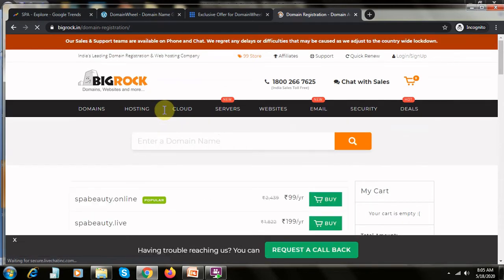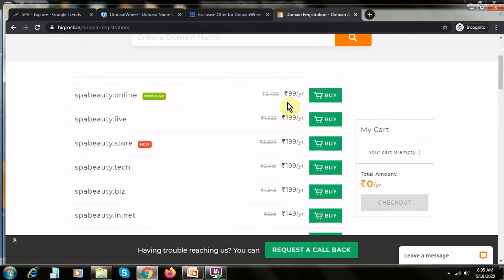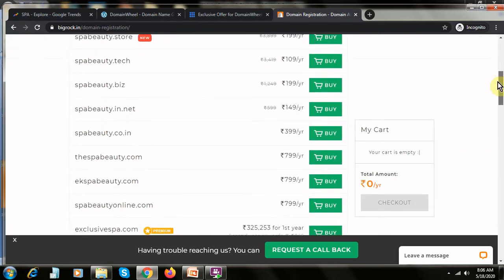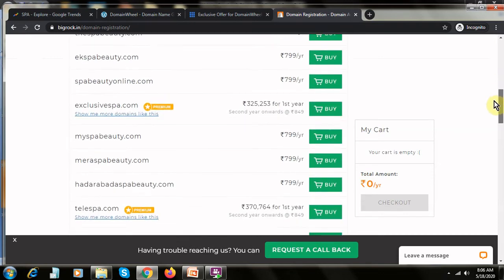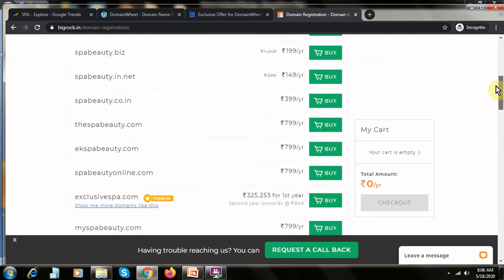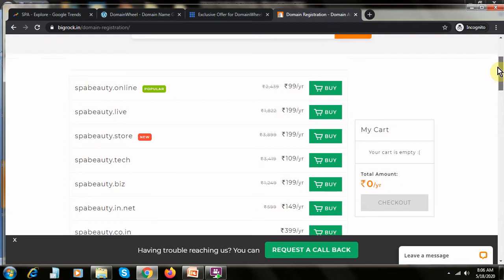And when you get any, see, this .online is available if you go ahead and buy it, but when you buy it for 99 rupees and all, the renewal rate will be much higher. So it is always better that you go ahead. I'm repeating it, please go ahead and choose the .com, whatever the price that is quoted, or you can go ahead for practice purposes. If you want to use it for practice purposes, we have a free domain.